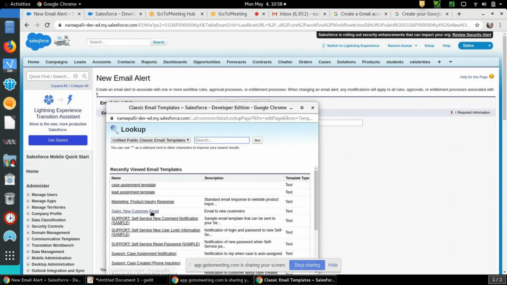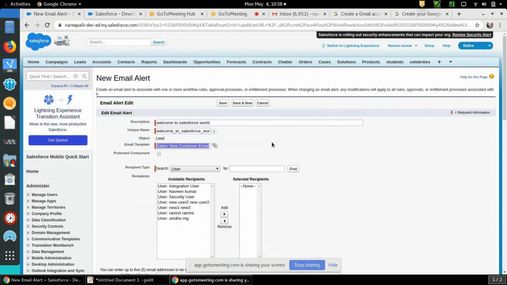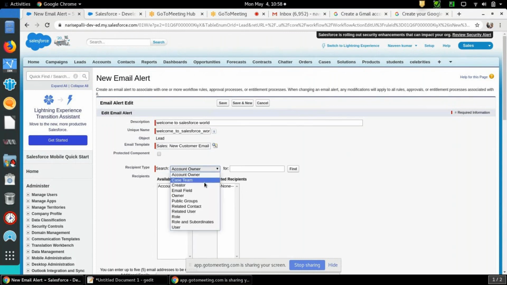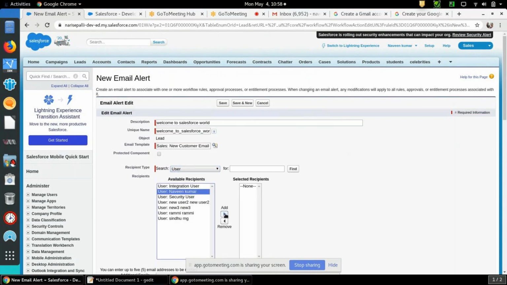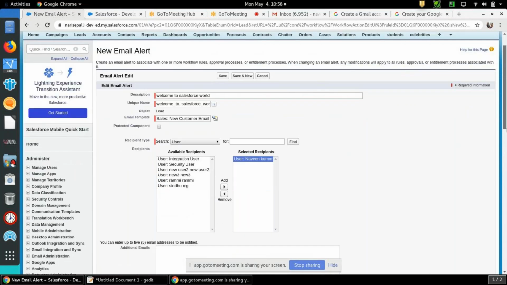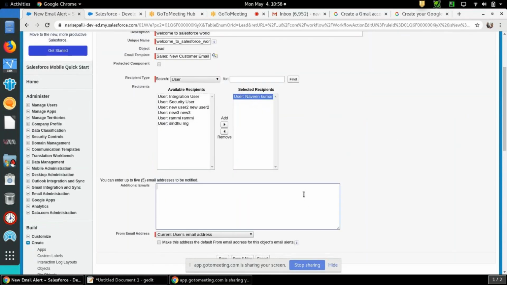Then the recipient: like account owner, some case team, or public groups. In this scenario, instead of the prospective user, I am selecting my own user so that I can show you the example. You can select whichever you want when you perform this. You can also mention additional emails here, like one more email ID of mine.